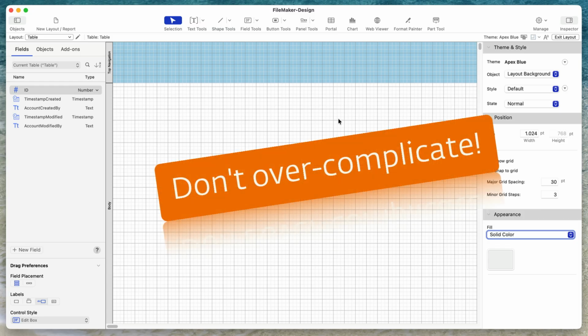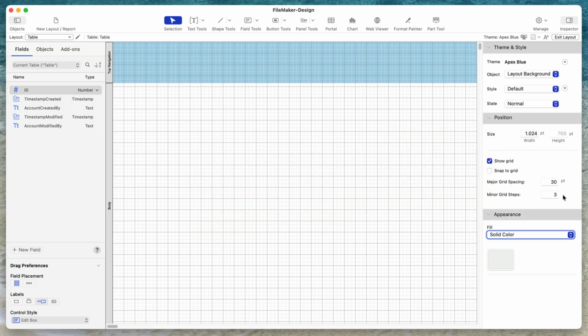Probably get a 40 point if you're working for web sizes or iOS appliances, for example, but not smaller because it gets too small. And the minor grid steps, they are just in place for rare occasions where you need to shift a single object, for example, a few pixels down or up or something like this. But the grid will be the space where you draw objects. So let's say you want to draw an object on the grid. You will have to activate Snap to Grid to make that simple. So Snap to Grid and Show Grid are your helpers.